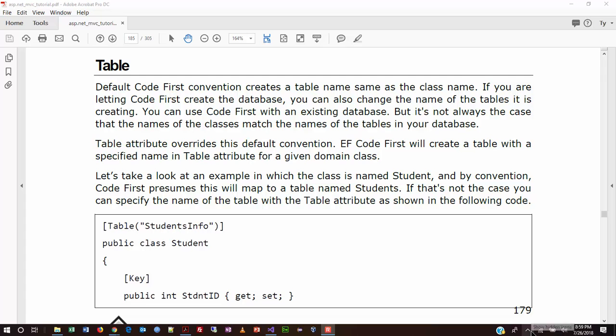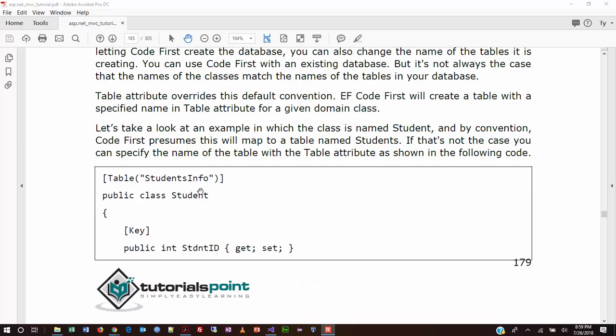Moving on to tables, they indicate right here at the top of this section that the default when you do code first is that the table name that is created is the same as the class name that's creating it. However, you can override that feature, and basically what they do is put an annotation right above the class declaration to give it a different designation, so that the table outputted from running code first would then appear in the database as student info, even though the class file that created it is actually student. That's a pretty simple one